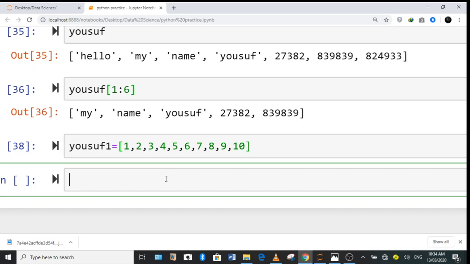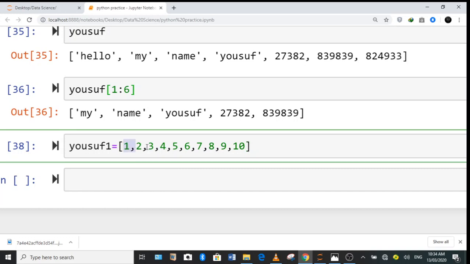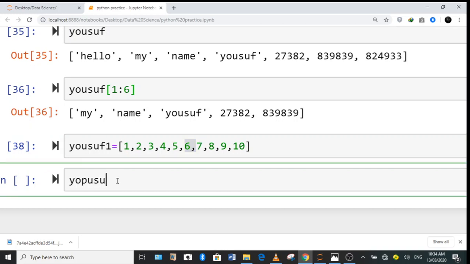What if I want to print these numbers one after another with a gap of 1? I want to print 1 and then 3, and then not 4 after 3. I want 5 after 3, and then similarly I want 7 after 5. So how can we do this? Just write my variable name here and the mark of identification that we are working with a list, and